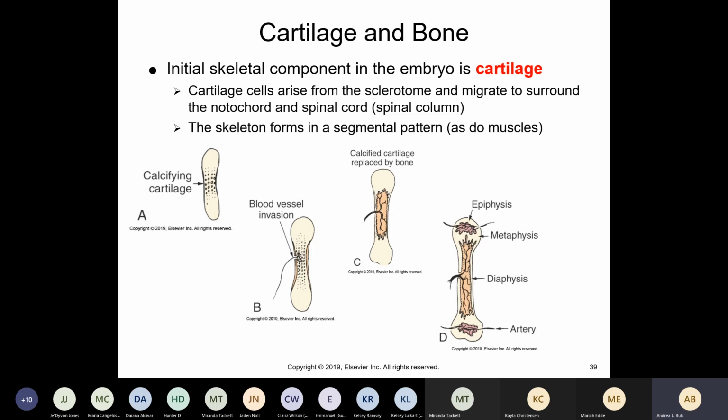And then if we look at D, you can see how it has the epiphysis, or the ball on the end of the long bone. The metaphysis is in that ball and the long shaft, or the shaft is also called the diaphysis of the bone. So the epiphyseal plate will occur right there where the metaphysis is. And that is when they talk about growth plates in teenagers, that area between the epiphysis and diaphysis